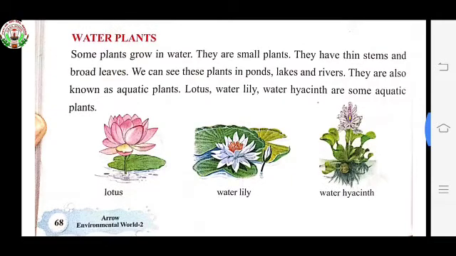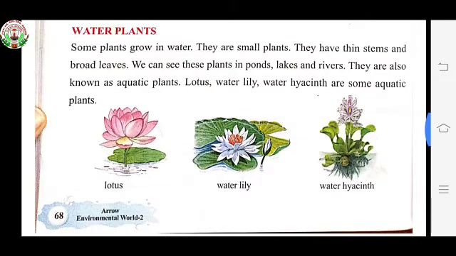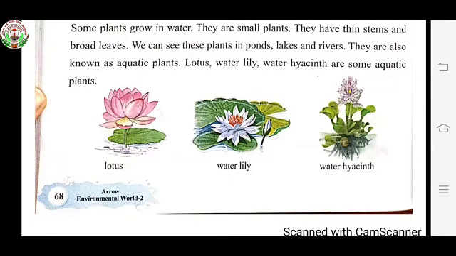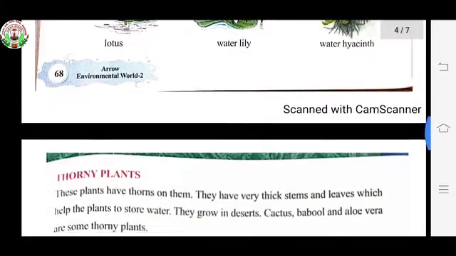See, many of you know about lotus, water lily. All these are water plants. They are very small in size. They have thin stems and they have broad leaves. We can see these plants in ponds, lakes and rivers, and they look very beautiful. So water plants are also known as aquatic plants. You can see in the picture examples of water plants are lotus, water lily, water hyacinth.